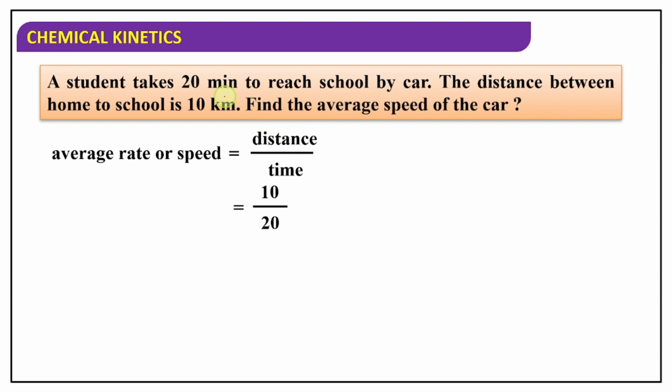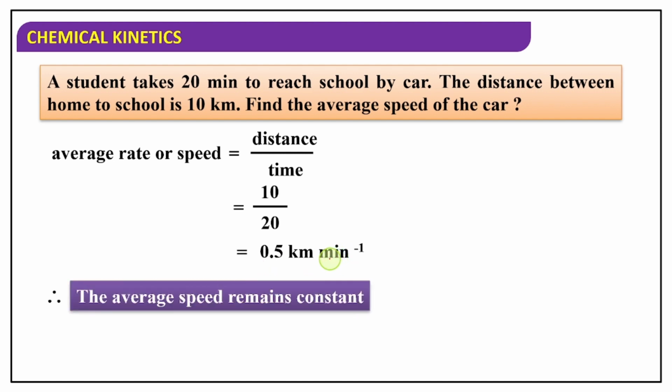You know very well what the distance given here is: 10 kilometers. How much time does he take to reach school? 20 minutes. Let me write it right here. If I simplify it, I will come to know that the car covers 0.5 kilometer per minute, right? So this is what we mean by the average speed of the vehicle throughout the journey: 0.5 kilometer per minute, which is constant. But if you consider